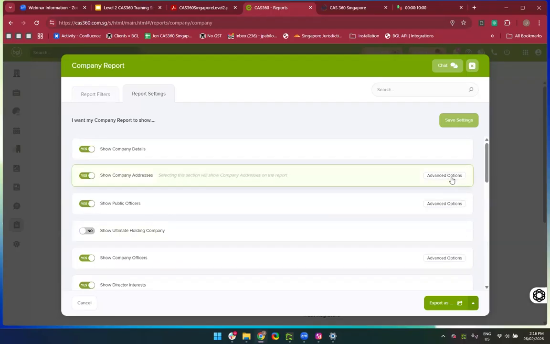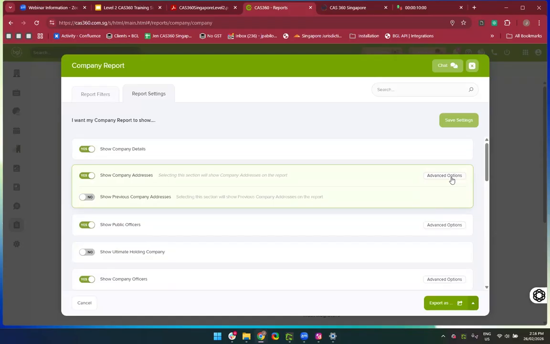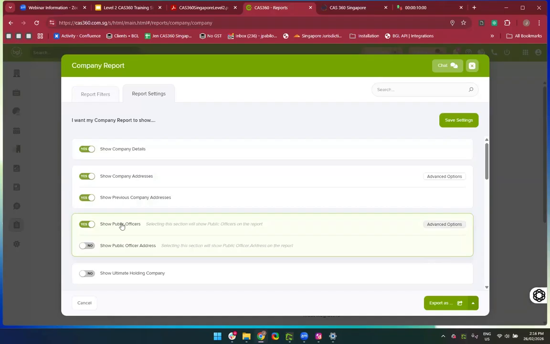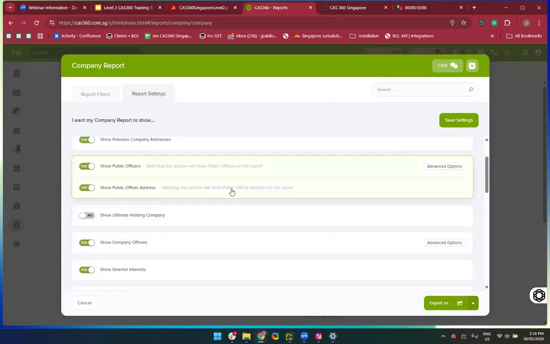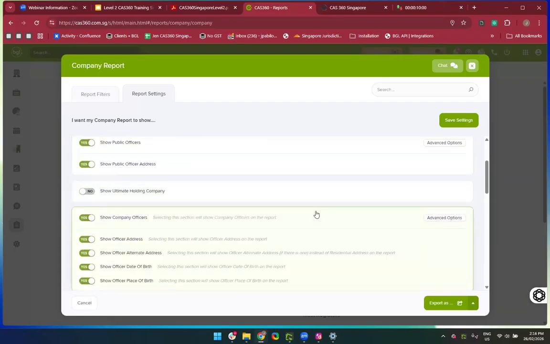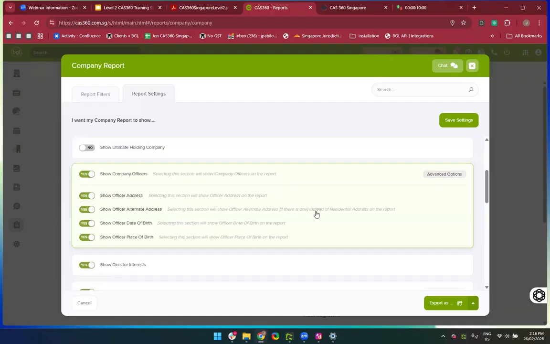And you will also be able to see that for some of these categories, there are advanced options. So for example, right over here, you can select whether you want to display the previous company address onto your company report. For public officers, if you wish to include that as well. I don't think I currently have any. Also for your company officers, if you want to display place of birth, date of birth, alternate address, if there's any,